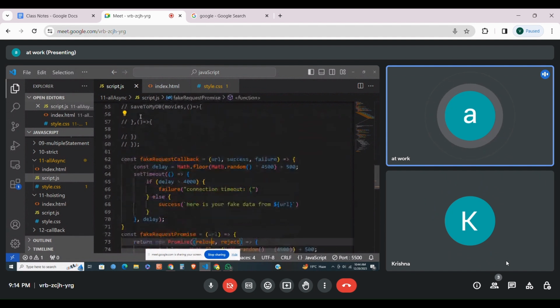I have created a file. I took a variable like fakeRequestCallback. Here are the parameters: URL, success, or failure. Here I have entered the delay. I took the delay variable, and here also Math.floor, just for getting a flat number, between 4,500 milliseconds to 500 milliseconds. It will generate a random number between those two parameters